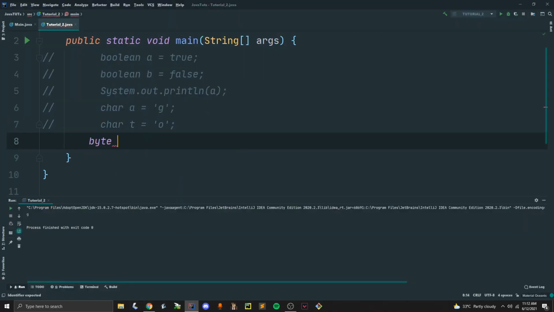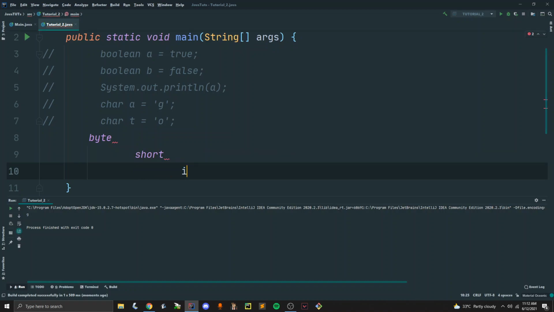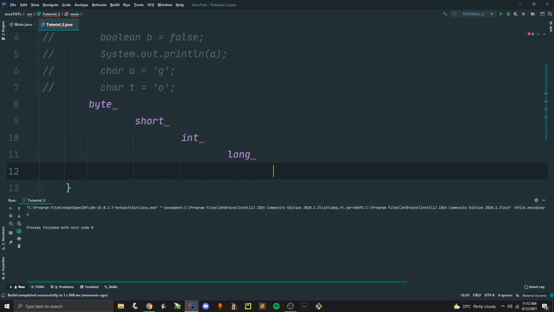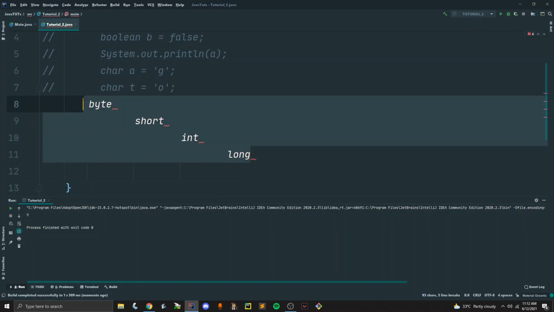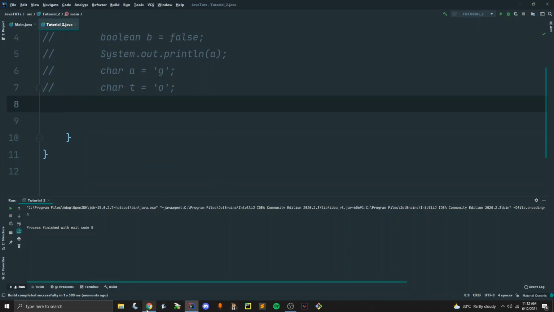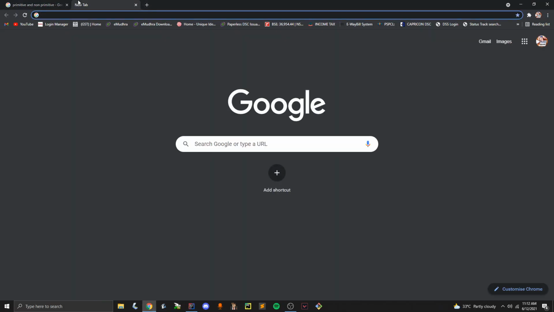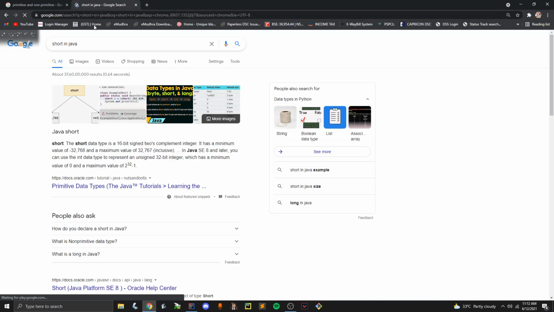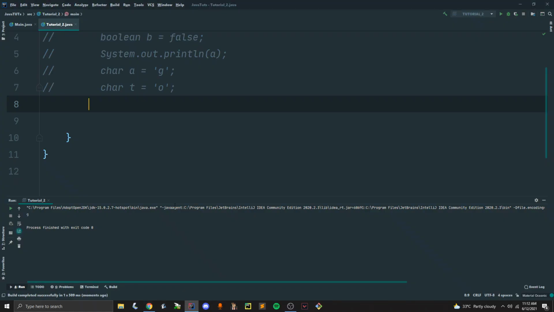We have byte, short, int, and long. These are the integer types which do not involve any decimals. These are the integral data types, and we also have a certain range for using each data type. For example, let's say short in Java. You see it has a minimum value of this and a maximum value of this. If I want to make a short variable a,